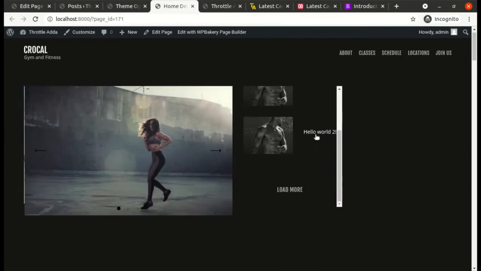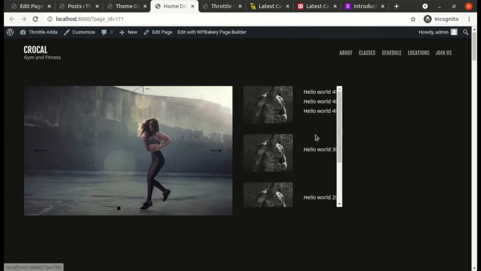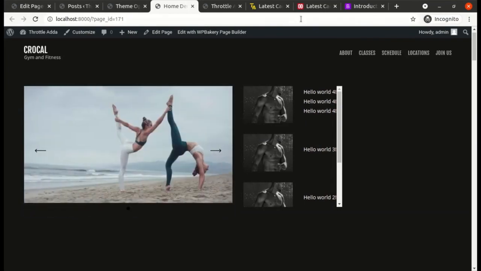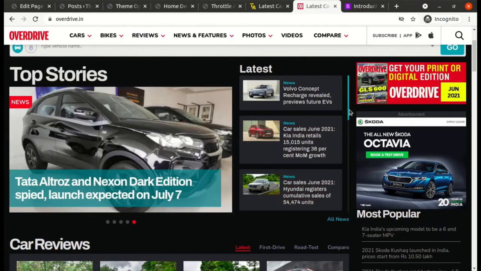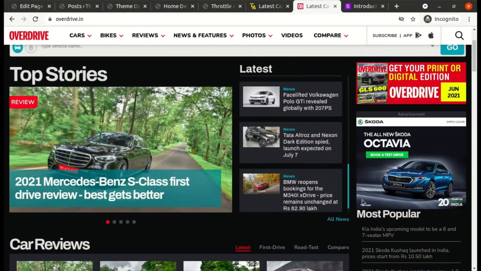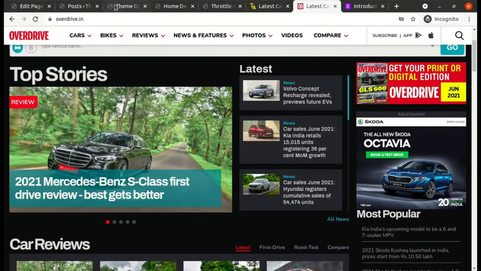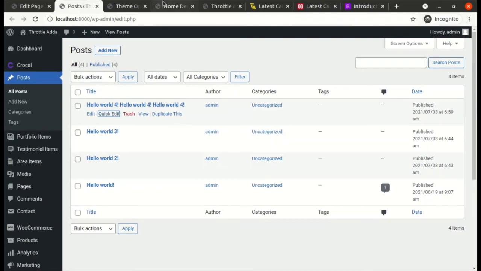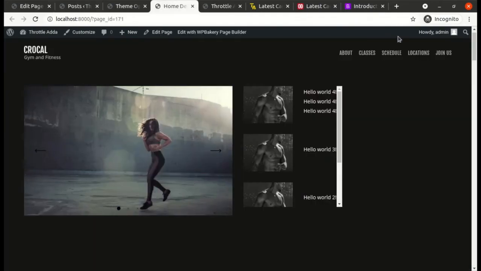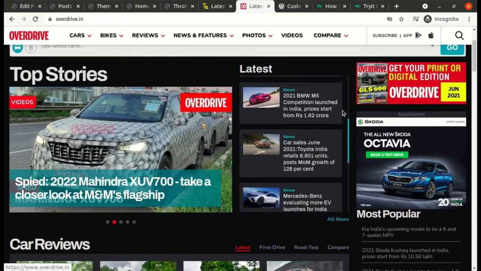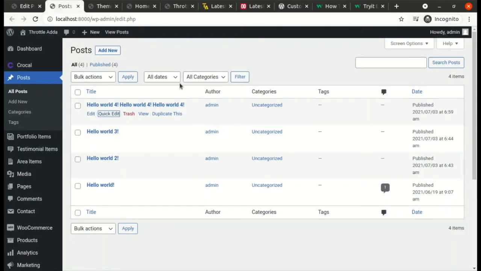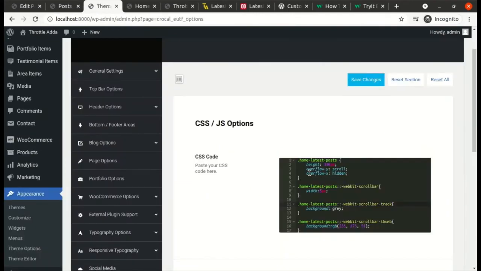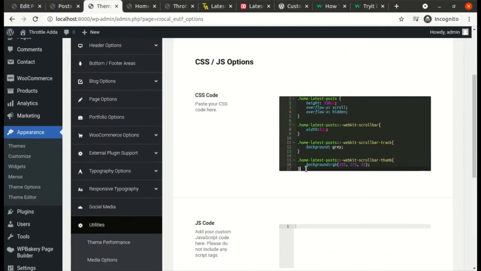Okay, so more or less we have achieved what we are looking for here. The biggest difference in this section now is, you see the scroll bar over here, it's blue in color and it's very thin. Okay, so now we are going to try to achieve this part. To achieve a similar scroll bar design, let's go ahead and check how can we write a CSS, and what CSS should we write to achieve this scroll bar design.